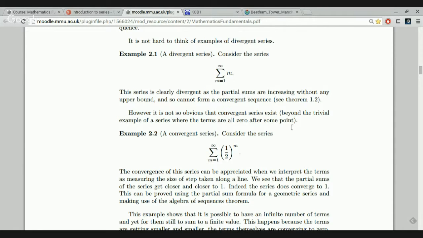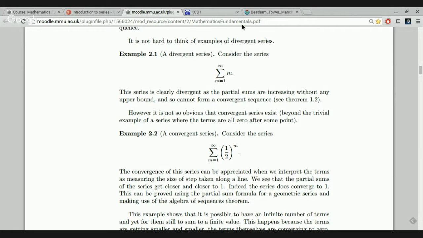The first thing I have to convince you of, or the first thing I have to demonstrate to you, is that convergent infinite series exist at all. Because it still seems a little bit strange that you can add up an infinite number of things and come to a finite answer. It's almost paradoxical. Of course, when we see some examples, the paradox will disappear. So our first example, example 2.1, is